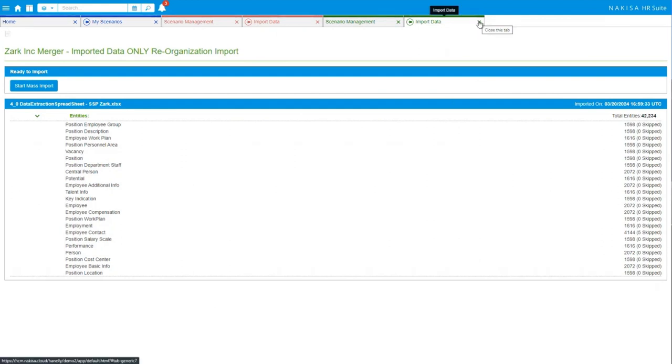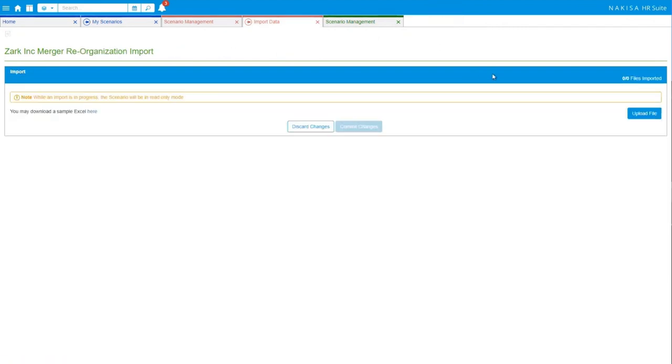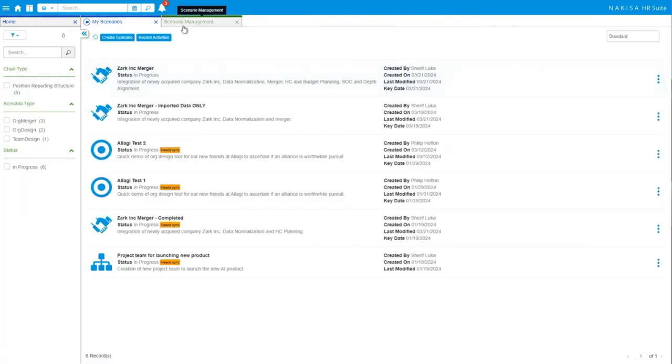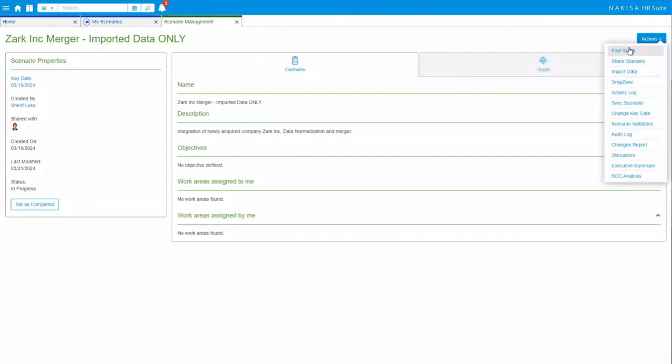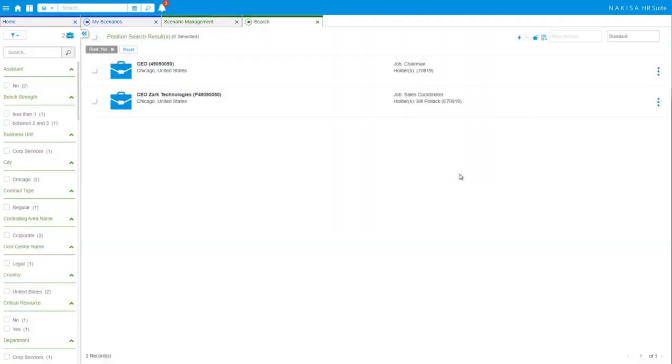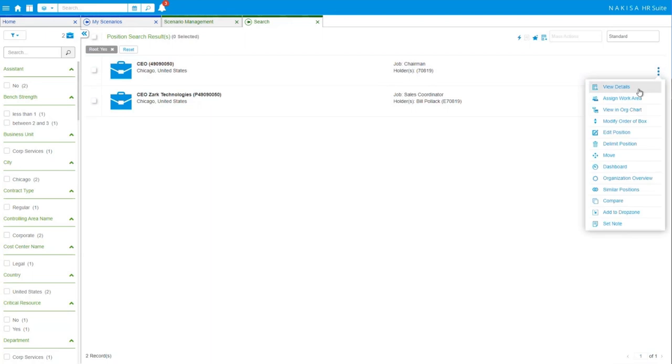So once you've done that, what would be the next step? The next step would be to, let me close these ones, we don't need them anymore, find the roots of the organization. So finding roots is very important because now you have two entities. You have your CEO, which is of the baseline, and you have the CEO of Zark Technologies, which is from the acquired organization. My recommendation, the way I would do that merger is I would start by assigning a work